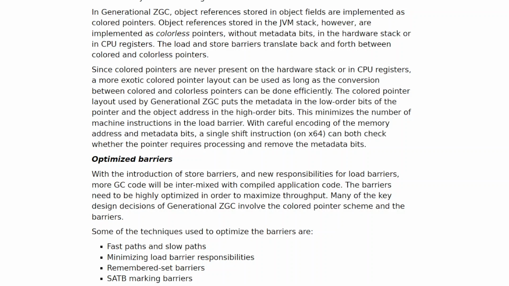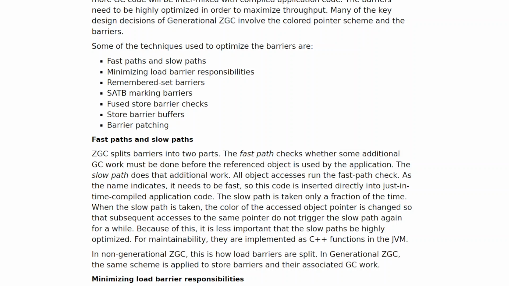Optimized barriers. With the introduction of store barriers and new responsibilities for load barriers, more GC code will be intermixed with compiled application code. The barriers need to be highly optimized in order to maximize throughput. Many of the key design decisions of generational ZGC involve the colored pointer scheme and the barriers. Some of the techniques used to optimize the barriers are: